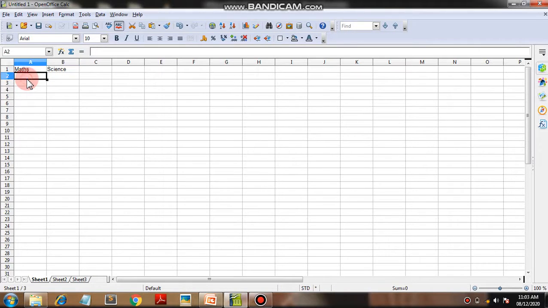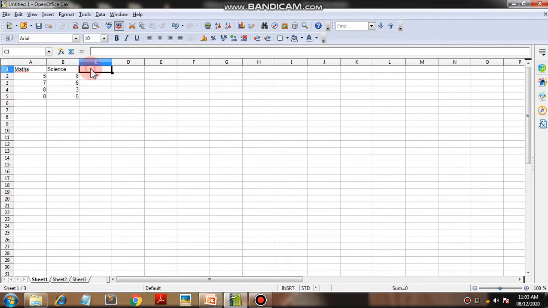Now add some marks, suppose 5, 8, here also give any marks. Now give a heading as total. For total we have to add marks of maths and science, so for that we use a sum option here.